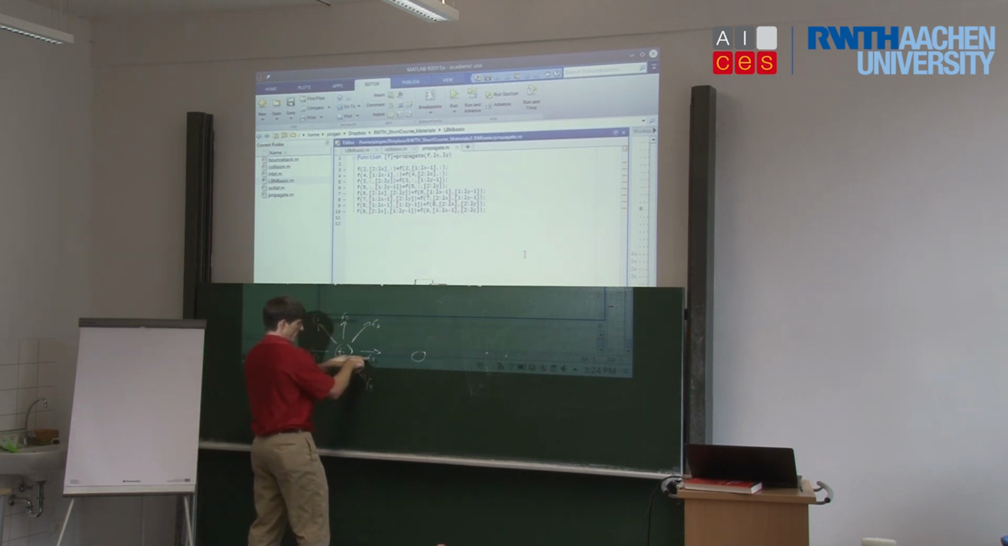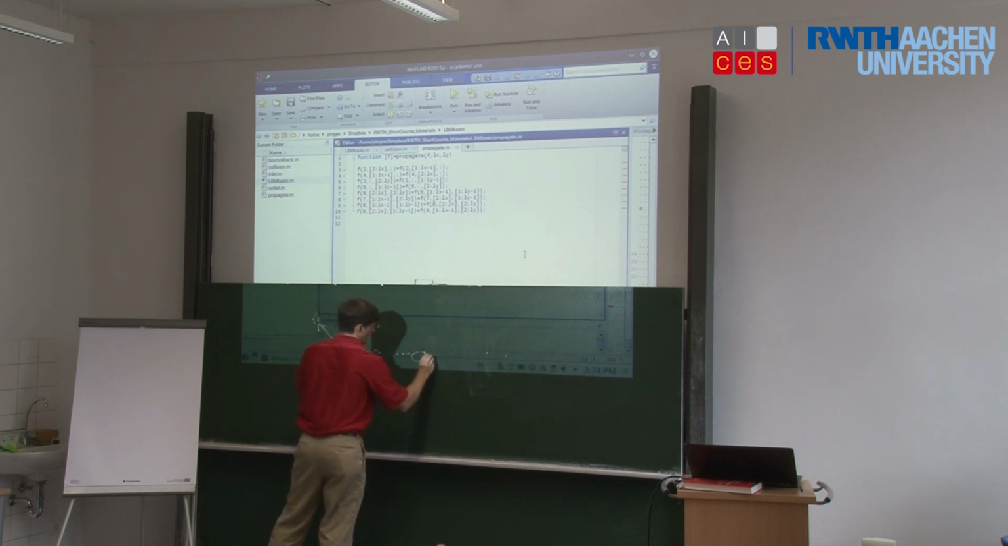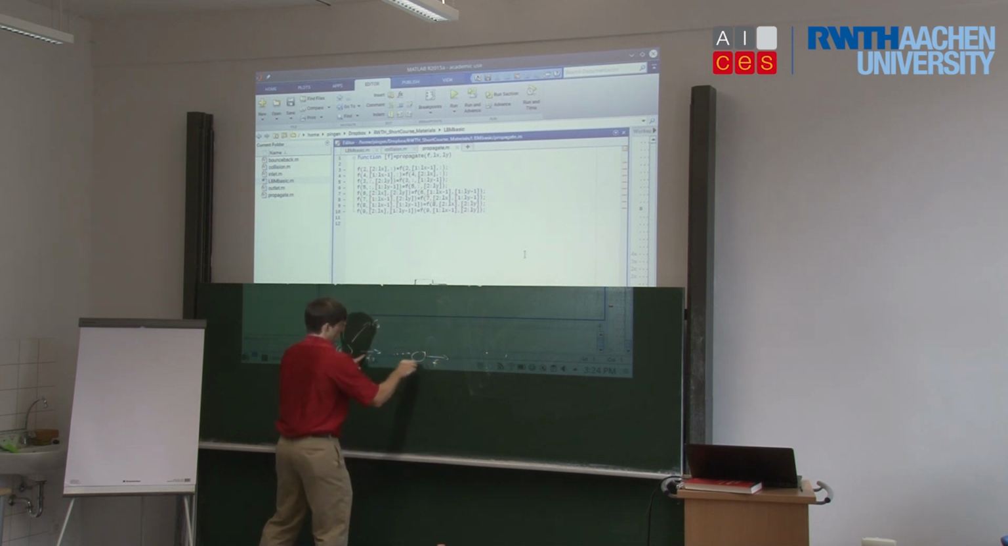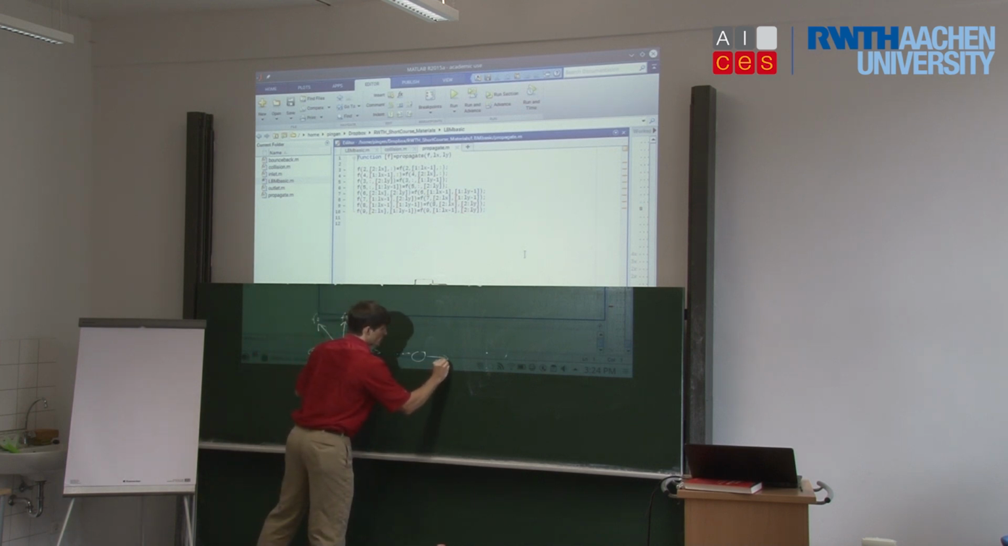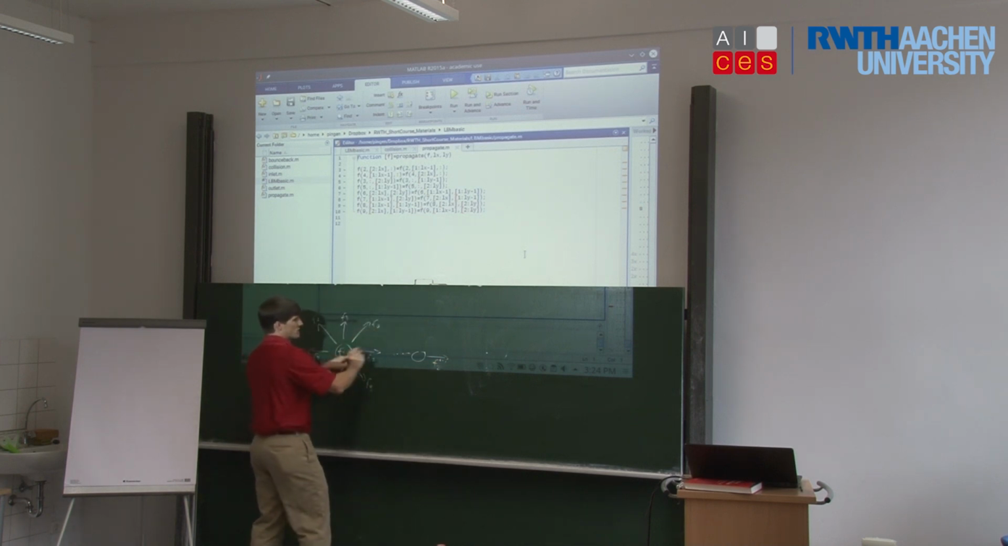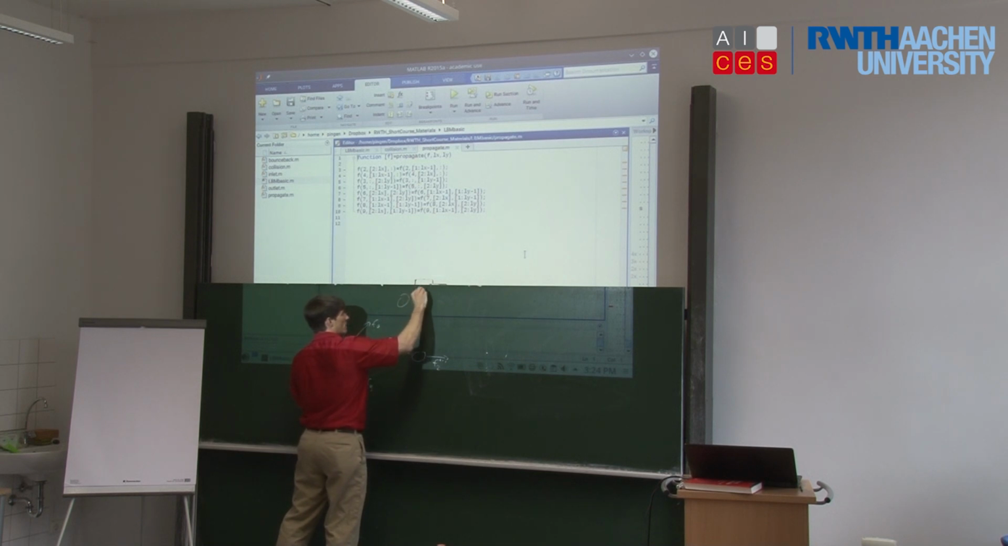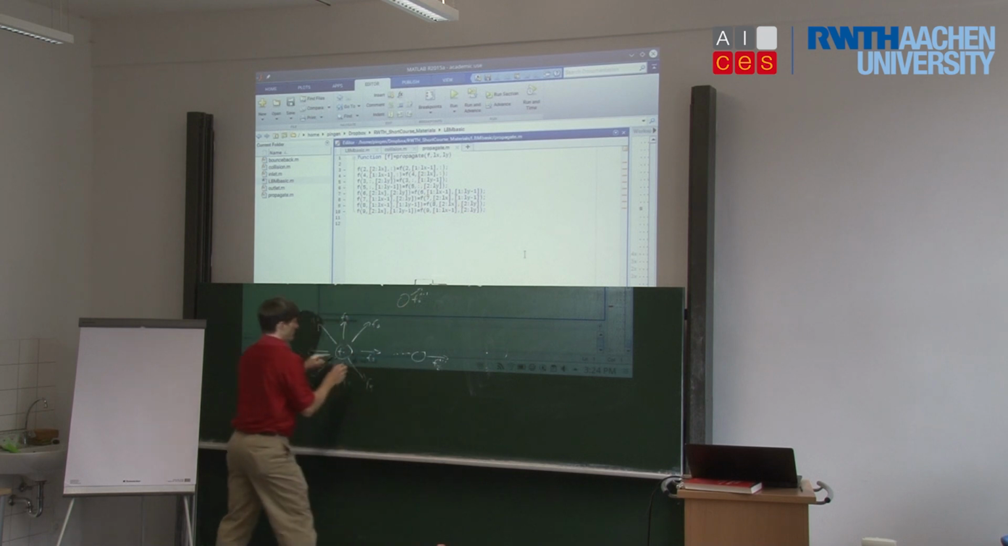But the F2 will move in the positive direction. F2 at t plus 1. Okay. F6 will move up here. F6 at t plus 1. F4